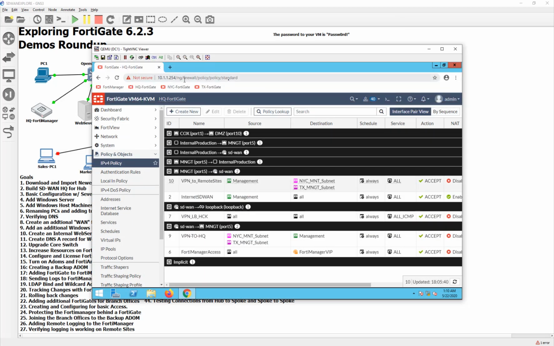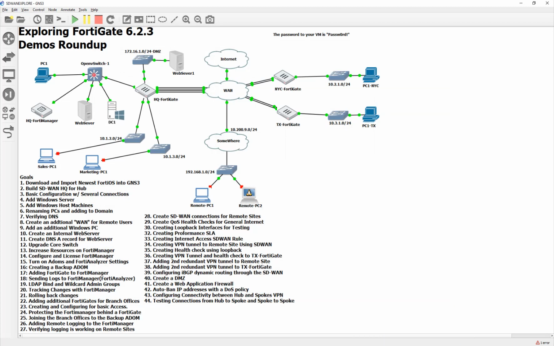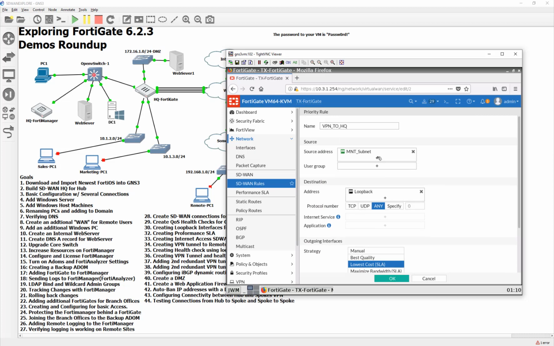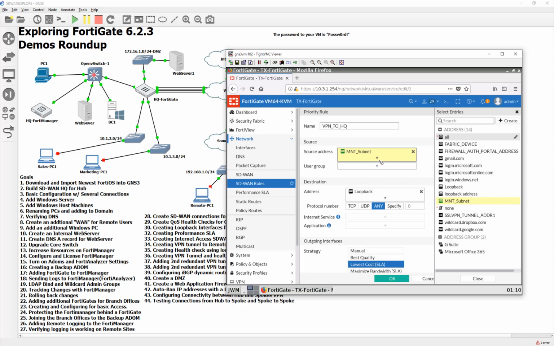Yeah, 10.1.1. Okay, just making sure. All right, so 10.1.1.0/24. I'm going to check this later if I want to use it for static routing. All right. So now I'm going to say, hey, you know what? If it's coming from